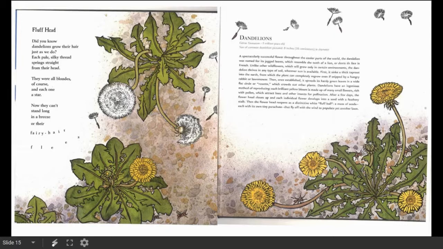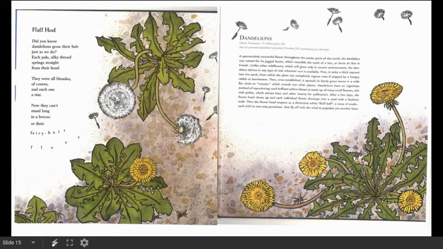Then, once established, it spreads its hardy green leaves in a wide, flat circle, or rosette, which crowds out other plants. Dandelions have an ingenious method of reproducing. Each brilliant yellow blossom is made up of many small flowers, rich with pollen, which attract bees and other insects for pollination.